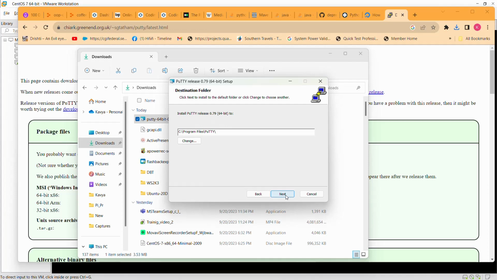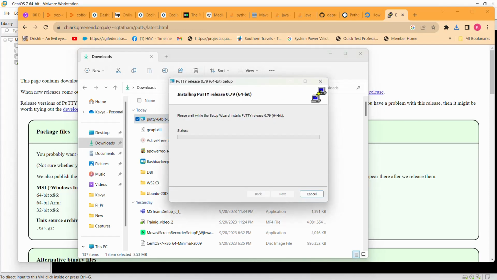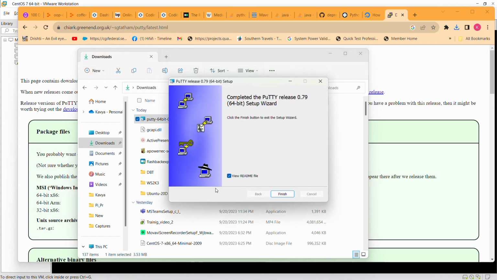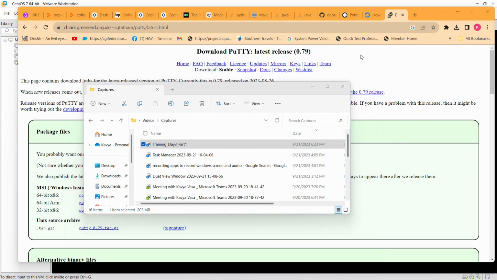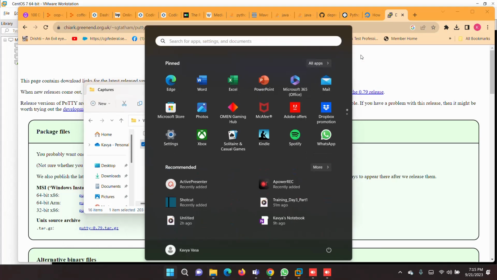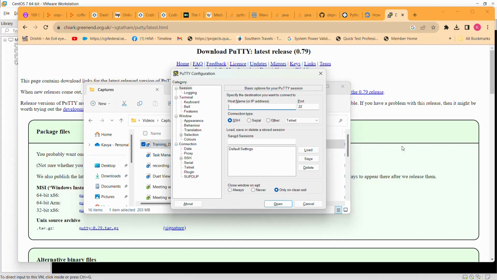One moment, please hold on, let me complete the installation. Installation is quite simple. You have two steps, that's it. Then you don't need to read the file, we can ignore that for a while, and then let us see if we have putty. Yeah, that's it, the putty app is there.